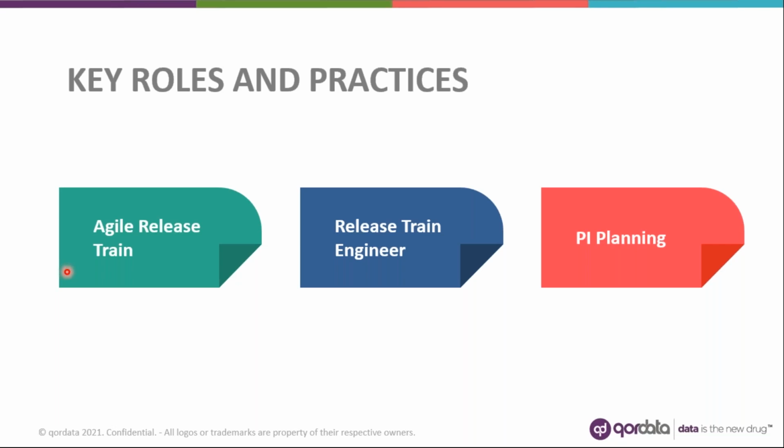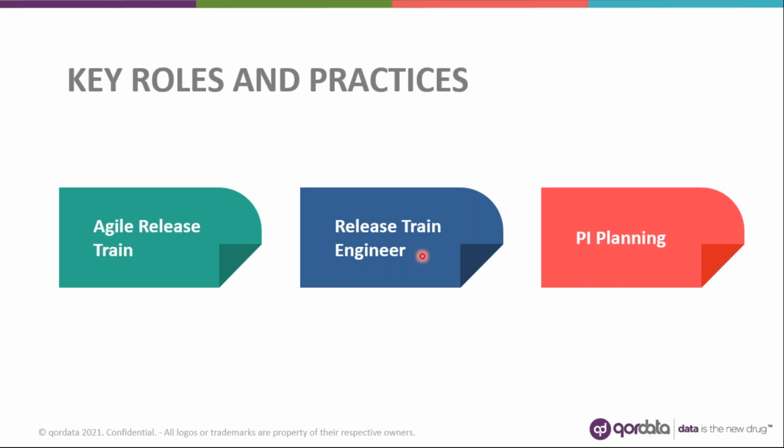Basically, organizations that implement SAFe establish long-lived teams of agile teams that, along with other stakeholders, incrementally develop, deliver, and where applicable, operate one or more solutions that provide value to the customer. In SAFe, this team is called the Agile Release Train.